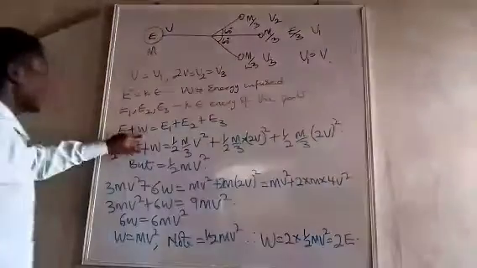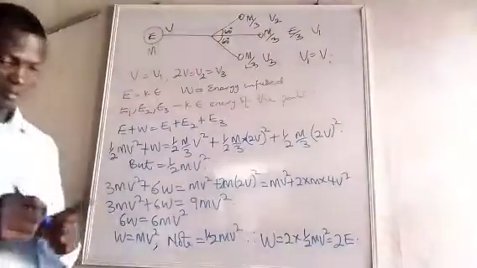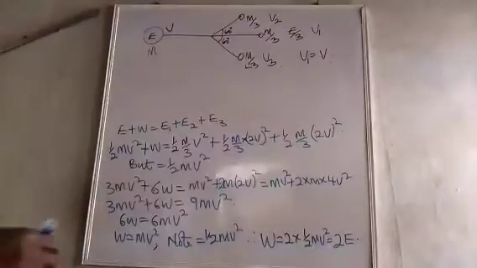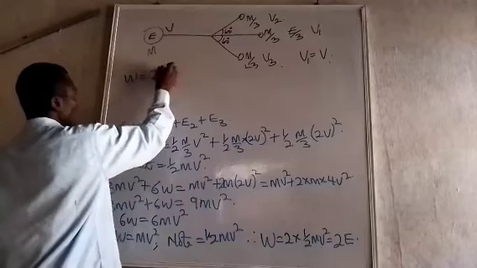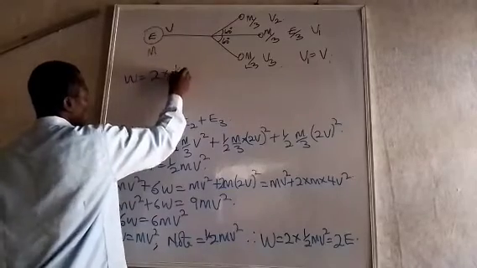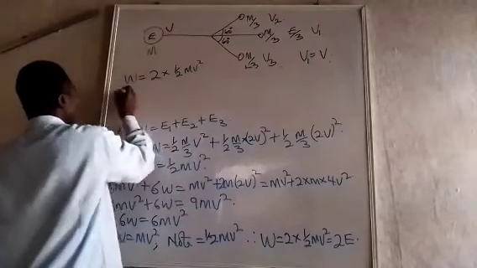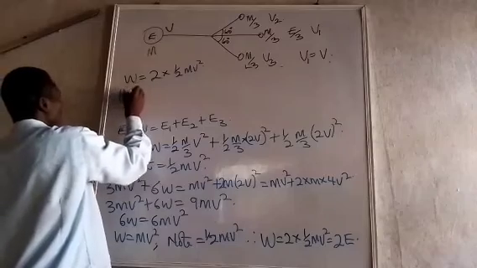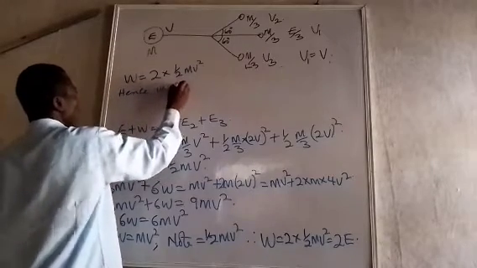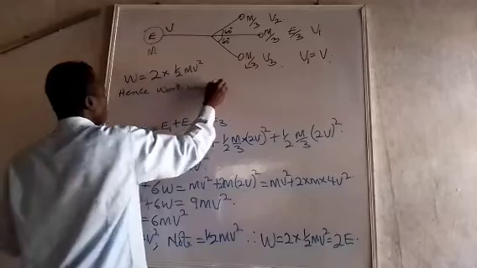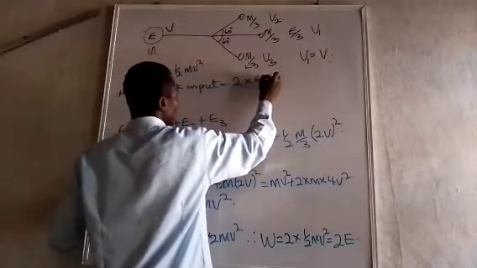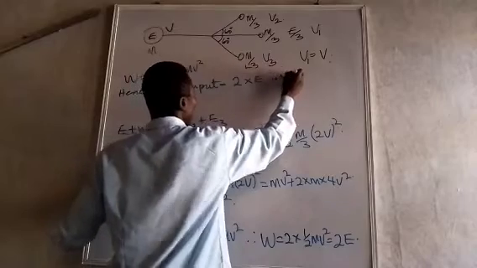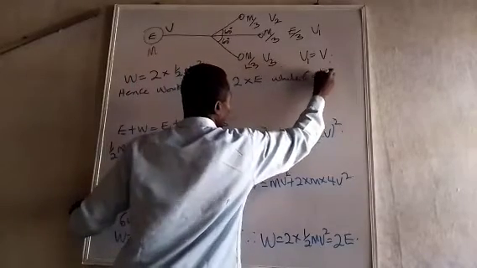So the work introduced is 2E. Hence, work input is equal to 2 times E, while E is equal to half m